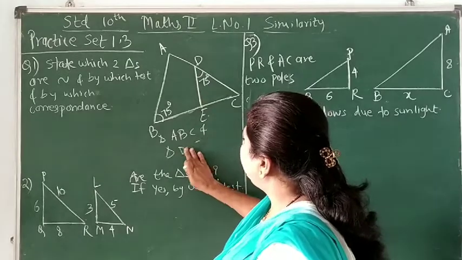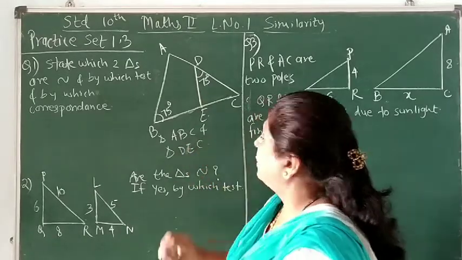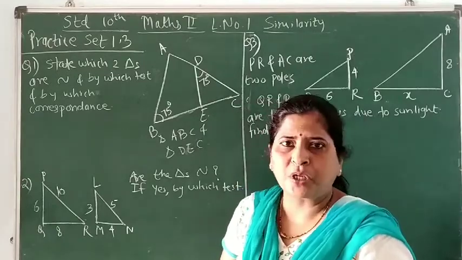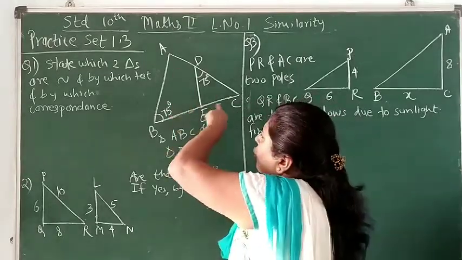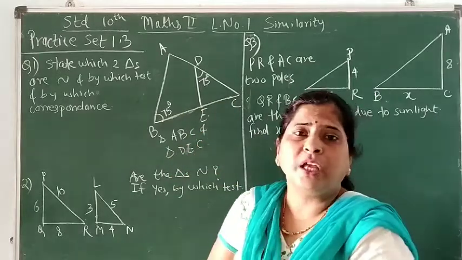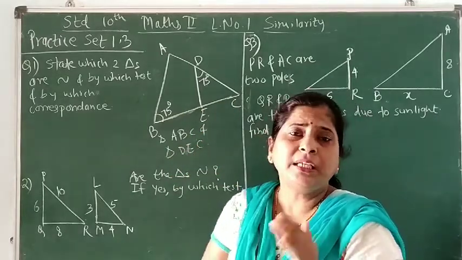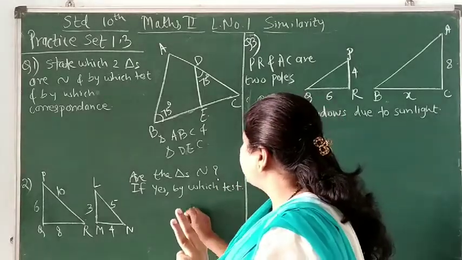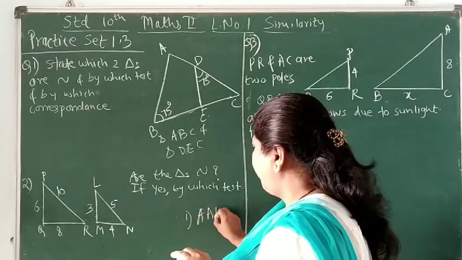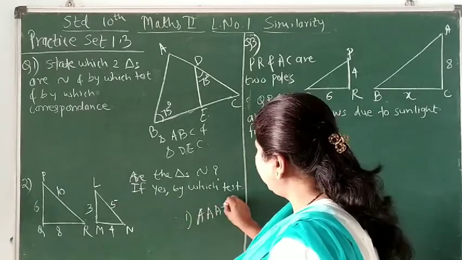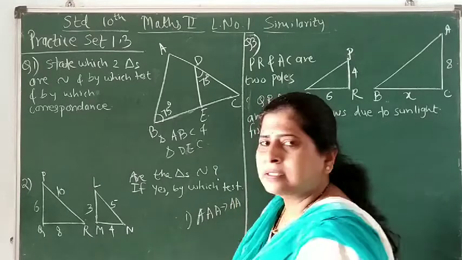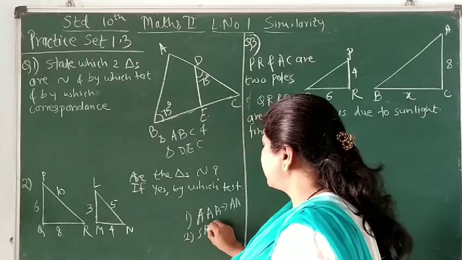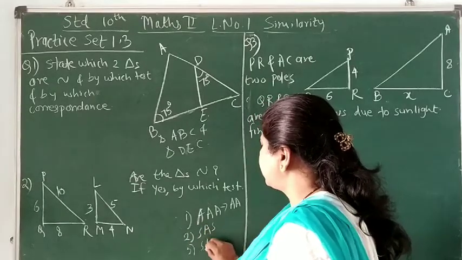Now let's check which angles we can show congruent and which sides we can show in proportion. But you can observe the figure, we do not have any length of a side given, so we cannot use any side. How many tests do we know about similarity? There are only 3 tests of similarity. The first test is AAA, where all 3 angles are given, or we can say if you know only 2 angles, still we can say the 2 triangles are similar. The second test is SAS and the third test is SSS.